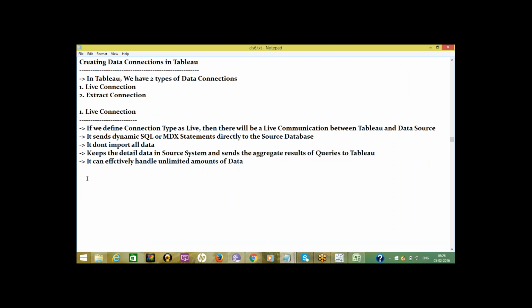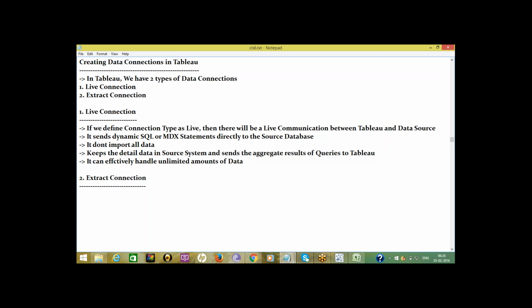Next one is extract connection. The second type of connection is extract. The extract connection first connects to the data source, and it takes the snapshot of the data source and places the snapshot into the Tableau data engine.